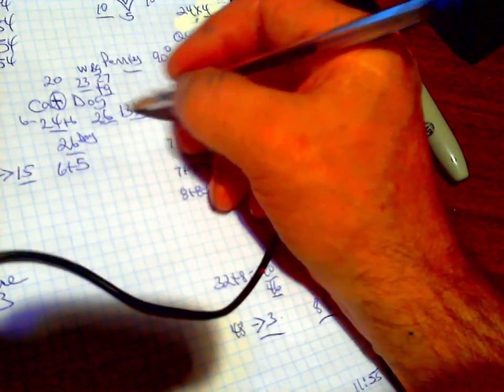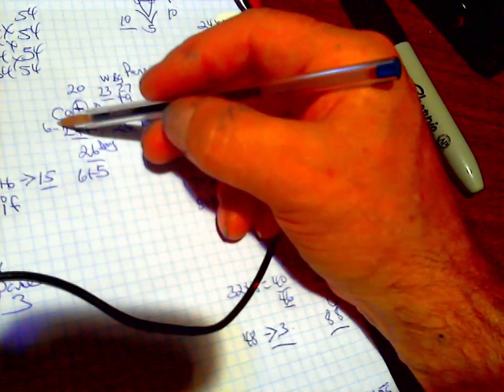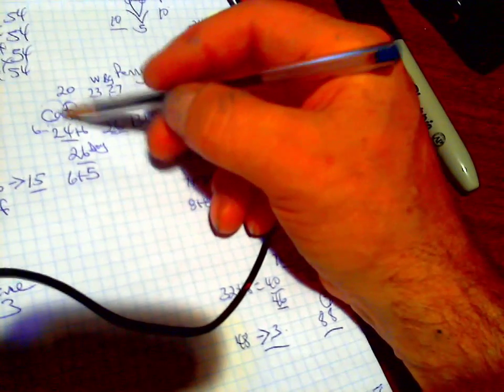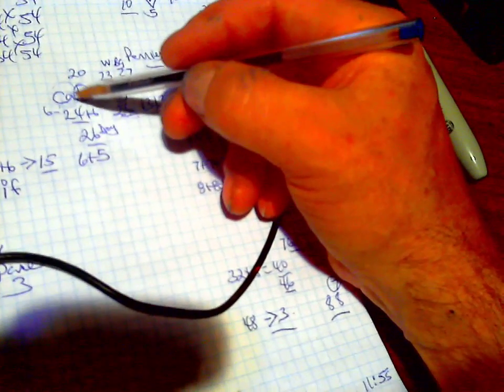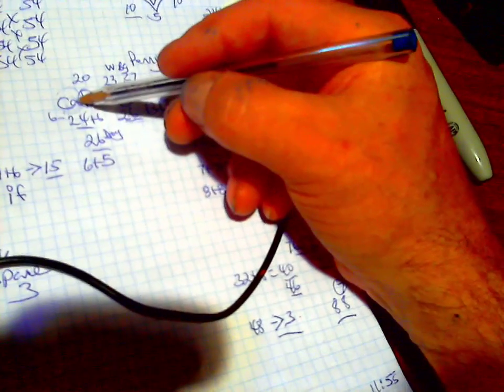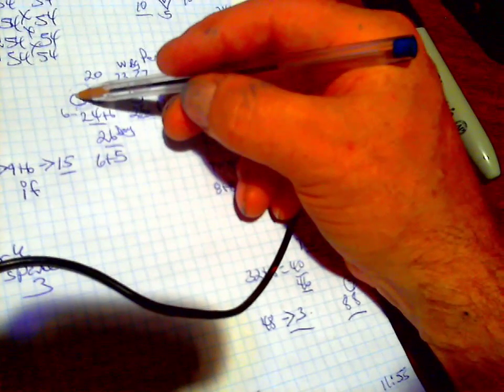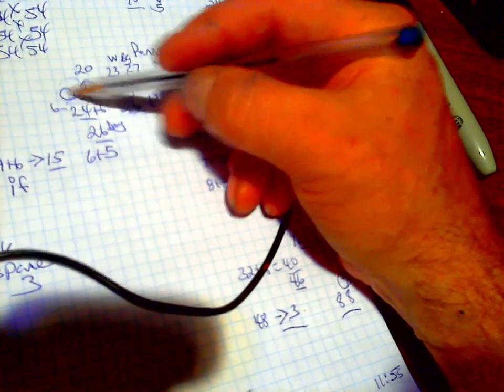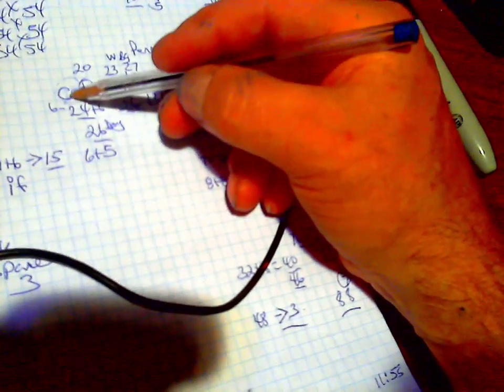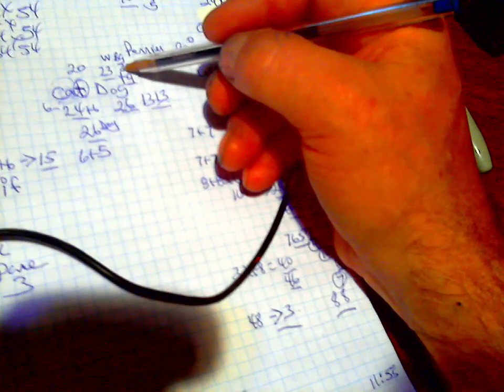26, 13. 1 and 3 is 4. 2 13s in the first house. 1 and 3 and 1 and 3. How do I know the first house? Because it's 0, 3, 0, 1. Add 0, 3 with 6 becomes 9. This becomes 7 and 9 equals to 16. 1 and 6 equals to 7. 7 and 20, 27.